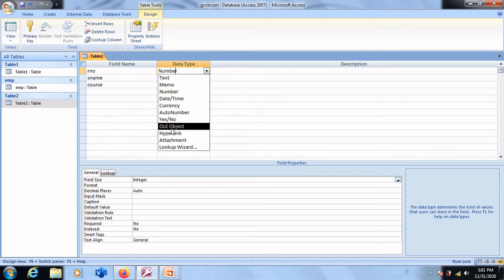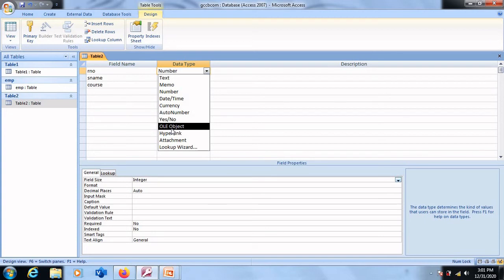It is usually better to keep these as separate files and store the path and file name in your database. So in simple terms, OLE object is used to store files which are created in other applications. You can store files created in other software like PowerPoint. You can store PPT files, Word files, images, charts, etc.